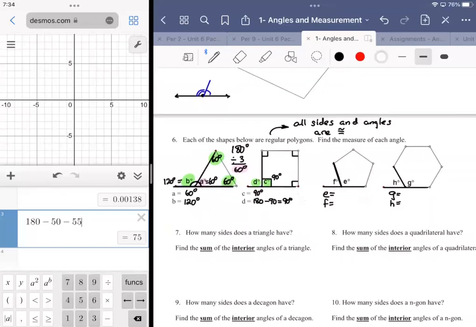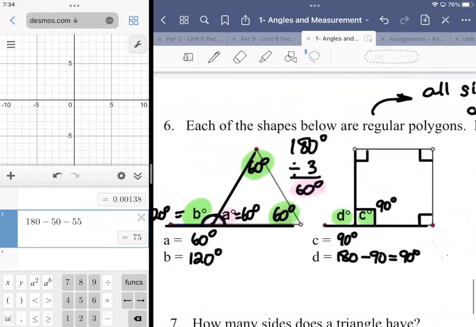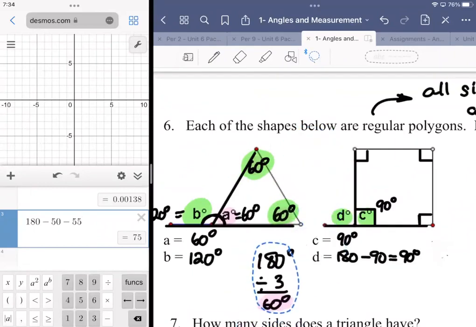I can tell you that the basis of what we're going to do here all comes back to the triangle. So if I were to draw an exterior angle, I'm going to just move this out of the way for a sec. If I were to draw one exterior angle at each vertex,